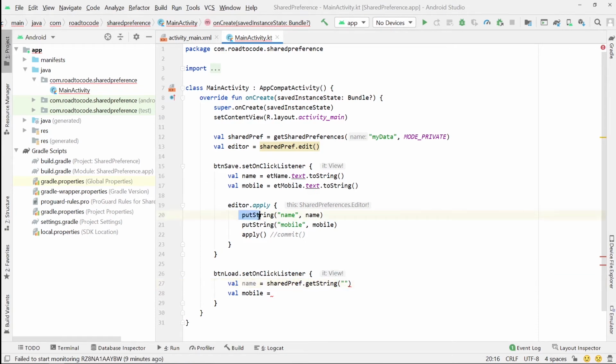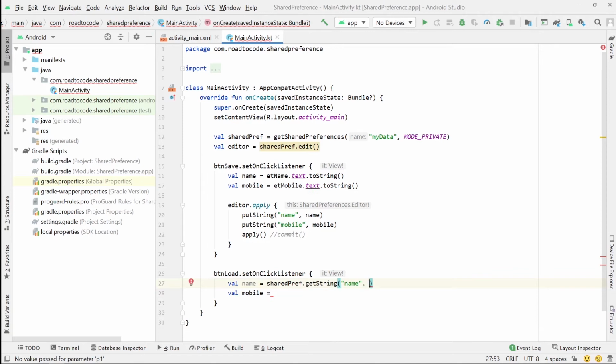Remember, while storing the data, the first parameter we passed is the key. We stored two values, that is name and mobile number. So while accessing that data, we will pass the key. Here I am writing name, and the second parameter will be the default value, in case that data doesn't exist inside the shared preferences.